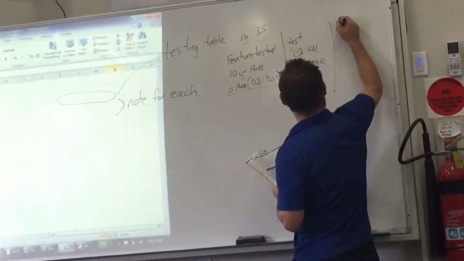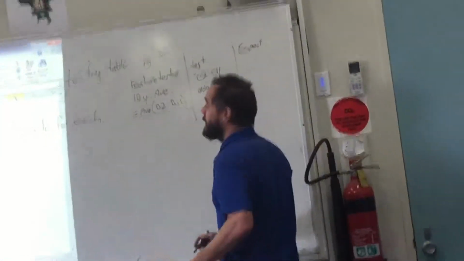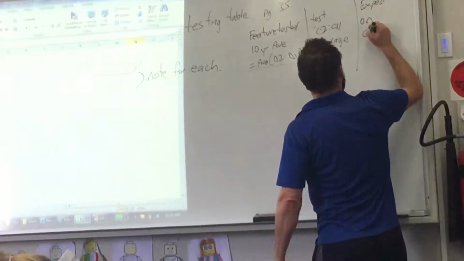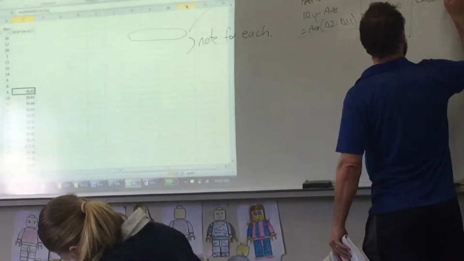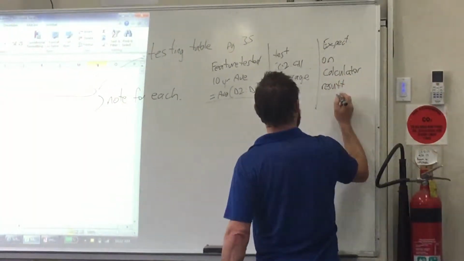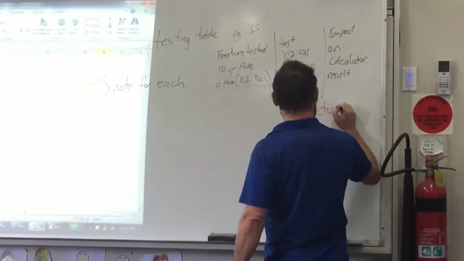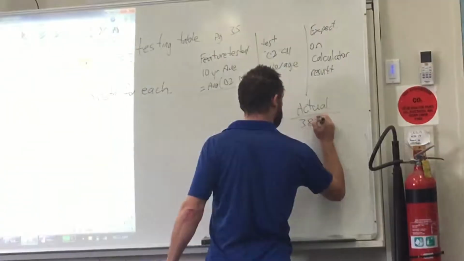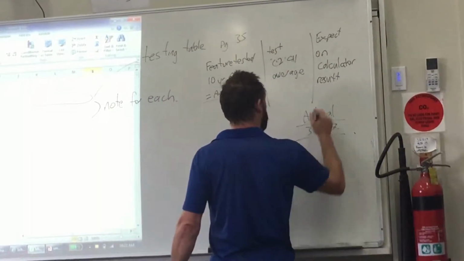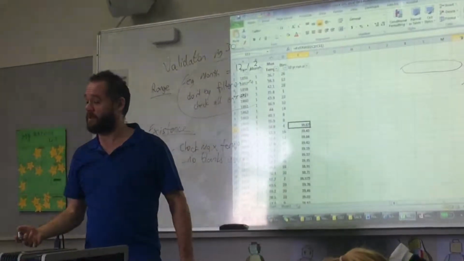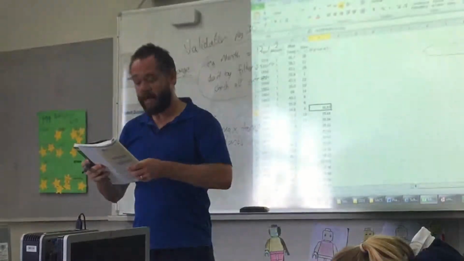Then you would expect the result and you would calculate it manually on a calculator. You would go 36.7 plus 38.3 plus 42 on calculator, and provided you don't do any key punching errors on calculator, you would put the result, and then you've got actual, the final column, and that is 38.87. And if they're the same, tick. If they're not the same, cross, and you go back and check your formula. That's a manual. That's an electronic